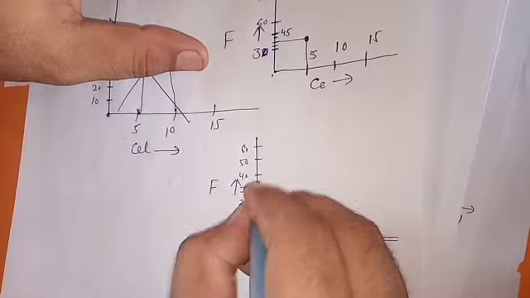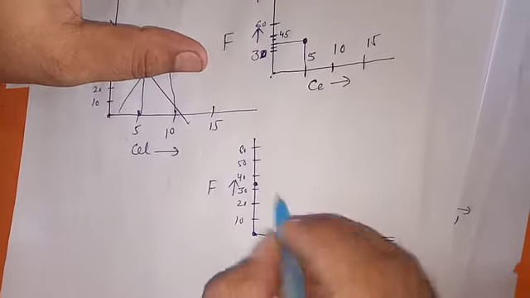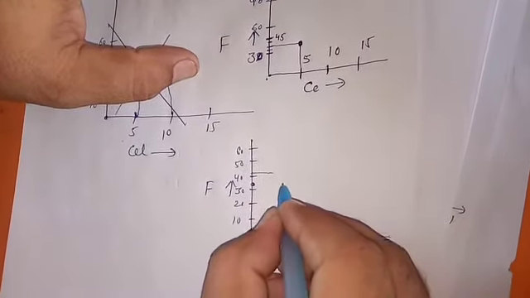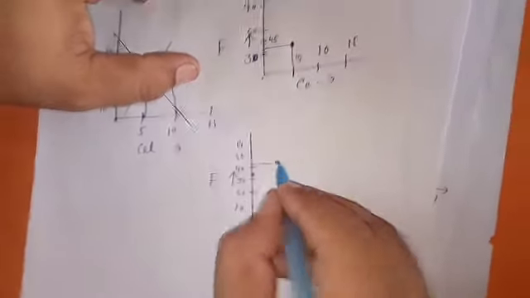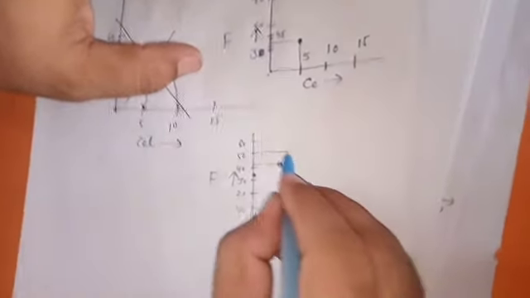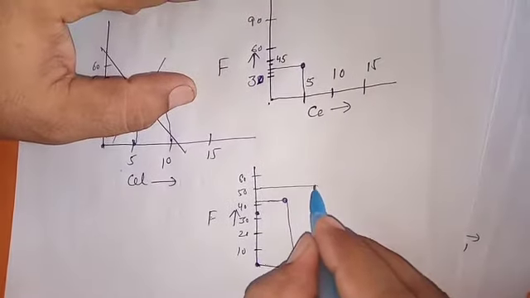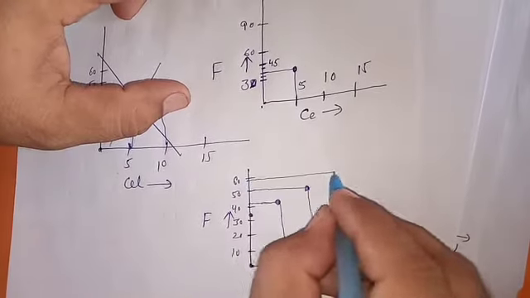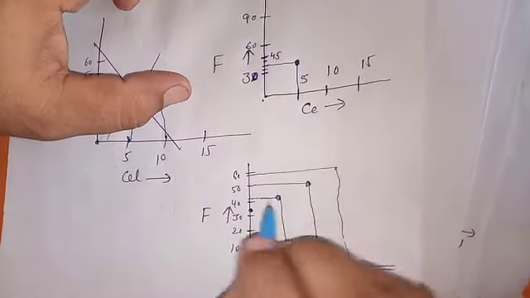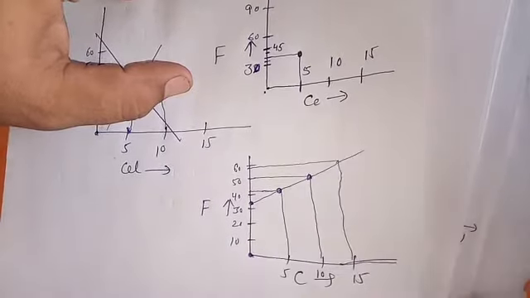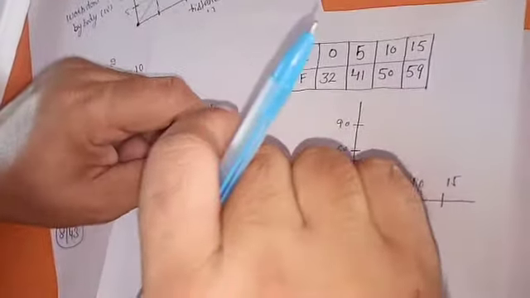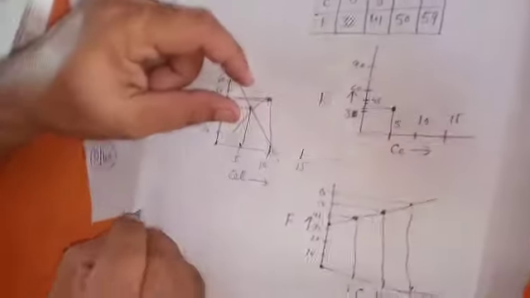You can divide this again into parts. When it is 5, what does it become? 41 becomes like this. When 10, this becomes equal to what? 50. When 15, this is 59, near about this. On graph paper, this is coming, so this coming like this. Its graph is like this. Sorry for that value, I was thinking at 5 it's 32. So second part given.